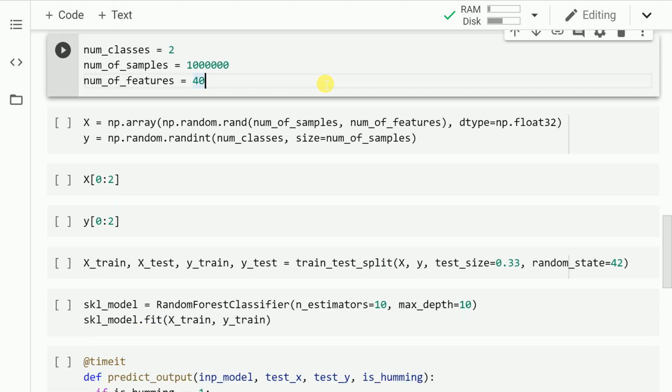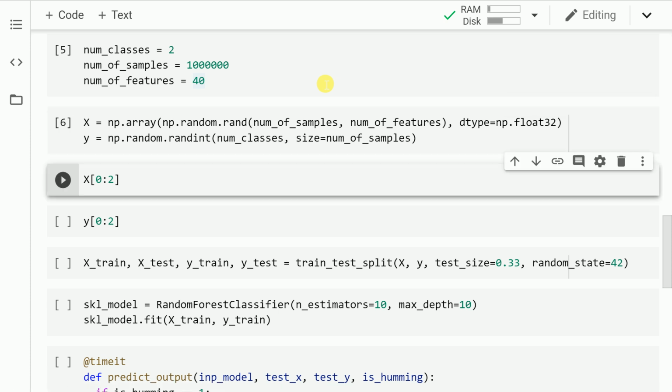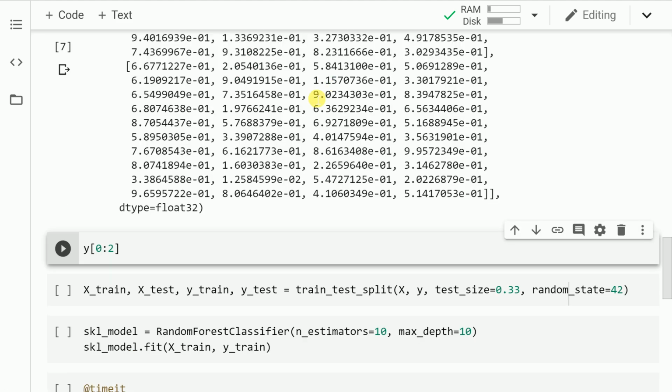I wanted to keep this video demo really simple. So I've not included a real data set, but I've tried to replicate a real data set using NumPy. What I want to solve is a classification problem. So I have two classes, so it's a binary classification problem. I have a total of 1,000,000 samples and a total of 40 features. So let me include those variables here and let me generate data according to the variables that I have just mentioned. Let me now show you the first two rows of my feature data set.